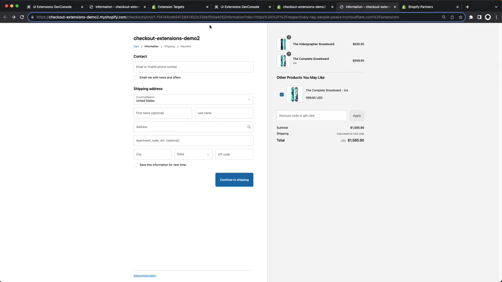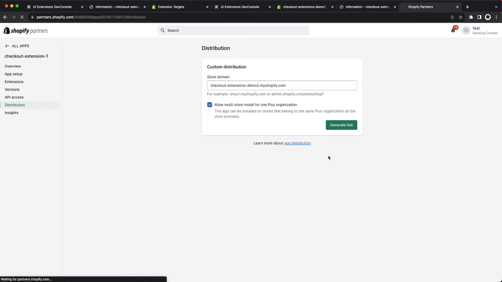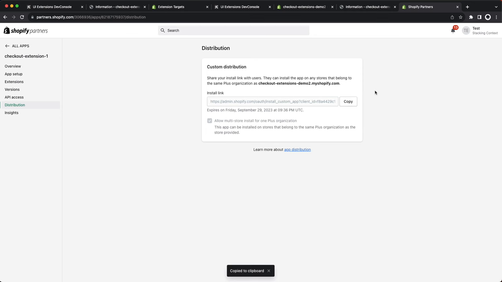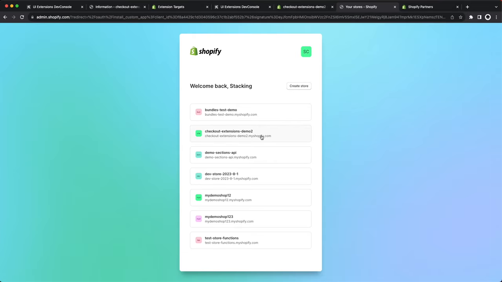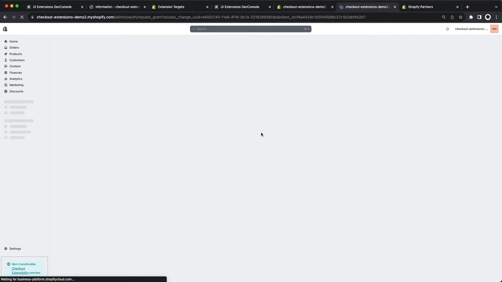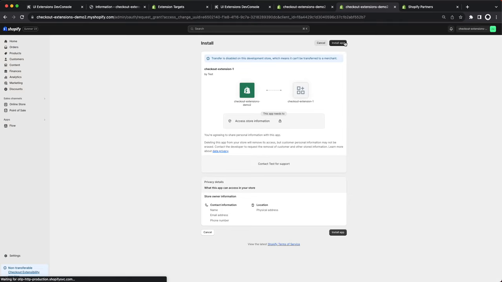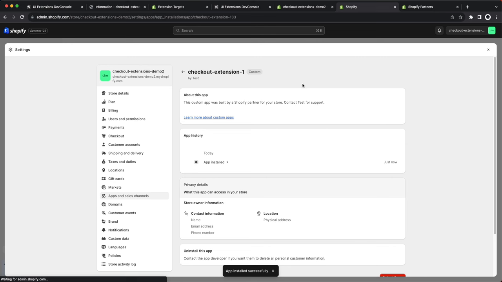I will copy this, and I'll generate a link. Now, I will copy this link over here, and I'll go to my store, and I will install this. Now, with my checkout extension enabled,